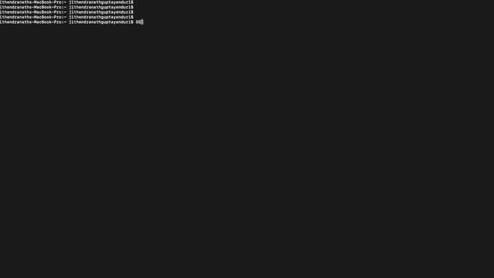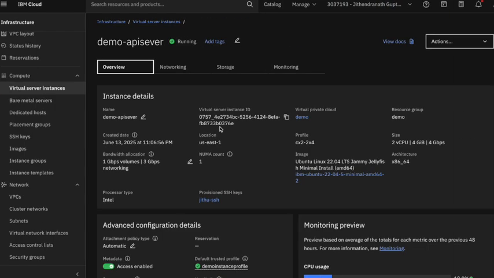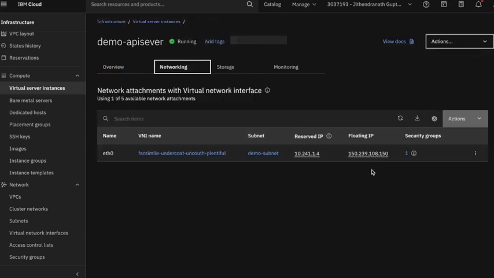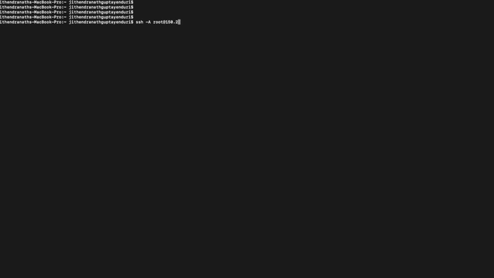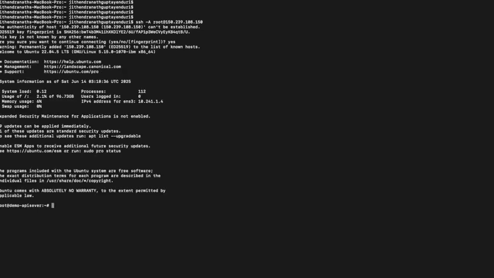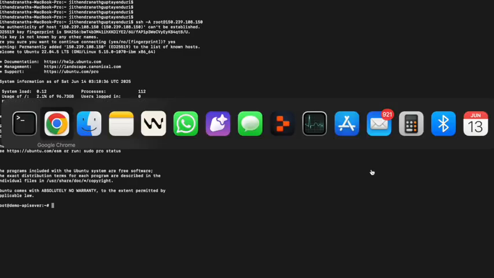Yeah, so I'll say ssh -i root at 150.239.108.150. So this is a public IP that was given to the host. So now I could successfully log into the demo API server that is created, and also with this IP I